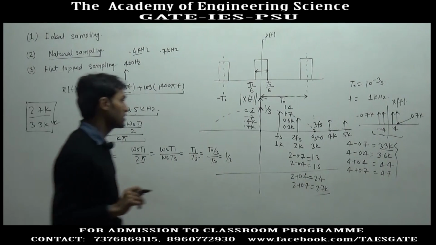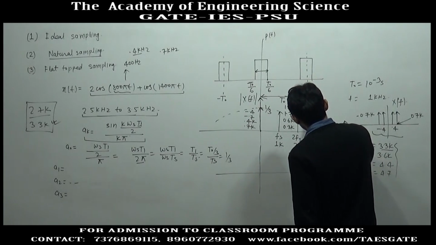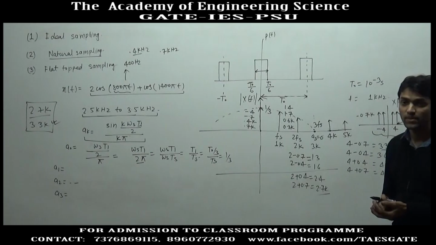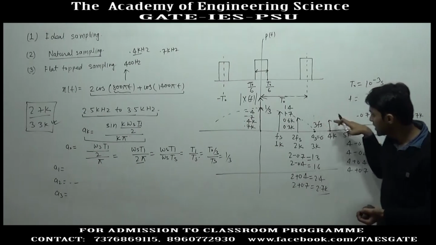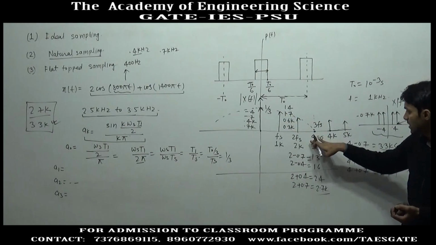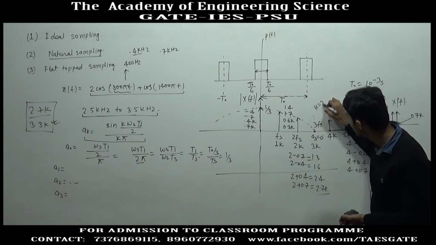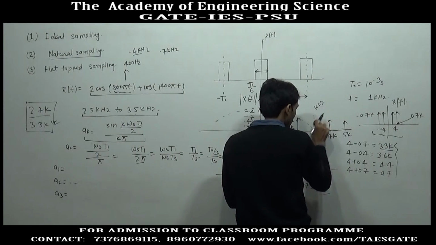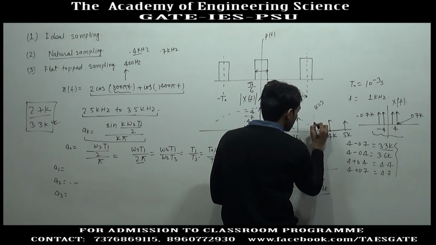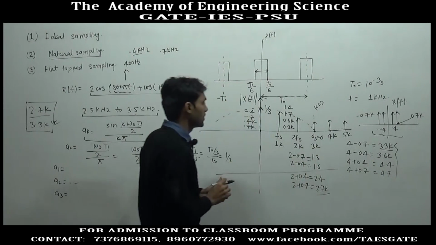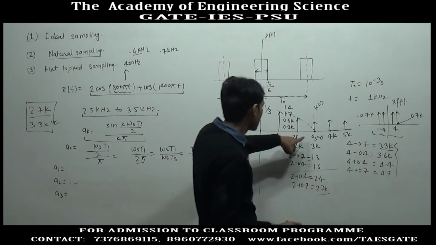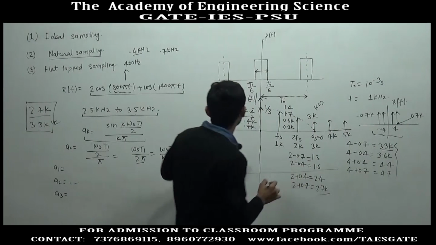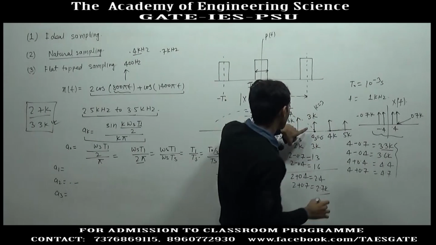What can be a mistake here if we do not calculate it properly, like in an impulse train? In an impulse train, we always have impulses of the same strength, even at k equal to 3. So, if we do not take care here, we will use an impulse here, and if we take the convolution of this signal, which is at 3 kilohertz, with X(f), we will get 3 minus